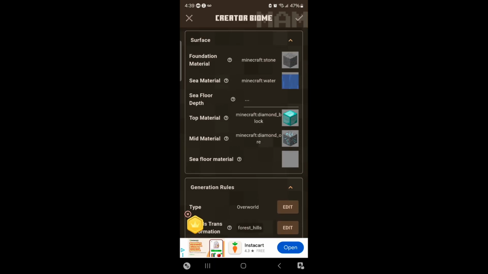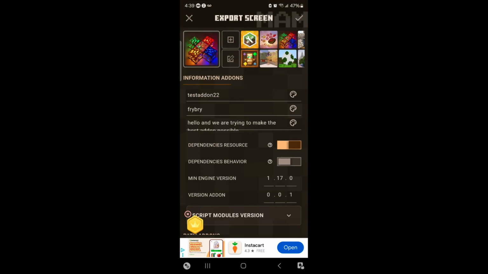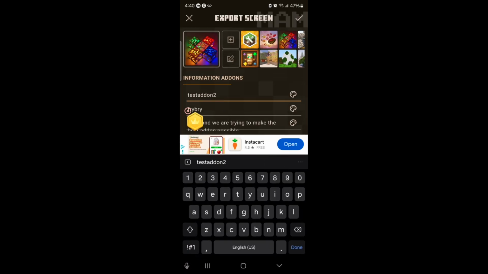But let's go to the top right and select on this checkmark button right over here. So at this point, we have two new features that we did create. Obviously, if you wanted to, you can add more features if you want, but once you're 100% satisfied, here is how you actually export your add-on. So what you would need to do is you need to go to the top right and select on this up and down arrow right over here, and then you guys can go ahead and give your add-on a name over here. So let's just call it